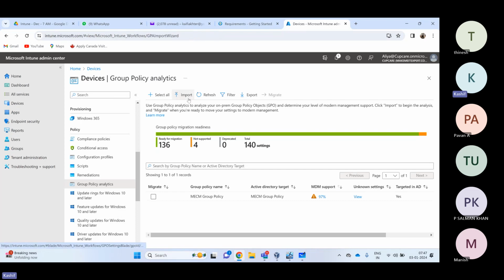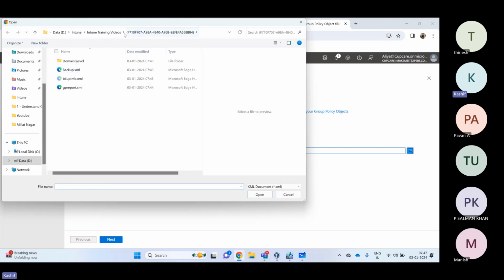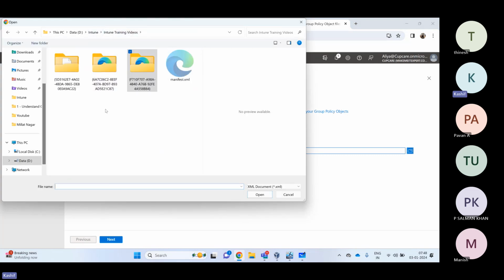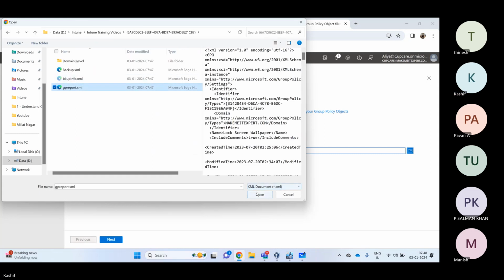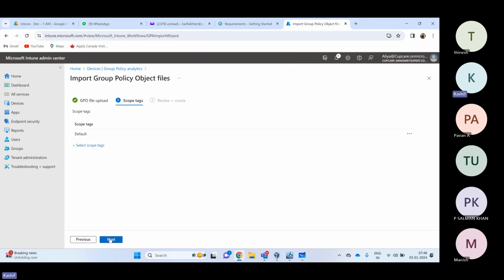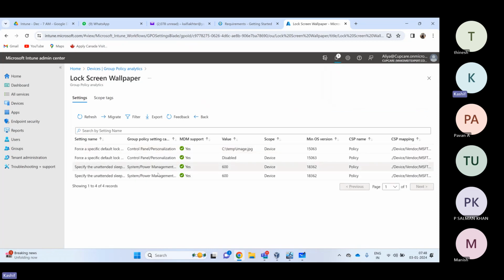So import, and I need to go back to the Intune training folder. 747. Yeah, this is the one. And GP report. Next, next, create. You see, this is 100%. So when I click on this, there are only 4 policies in this one, and all of them are deployable